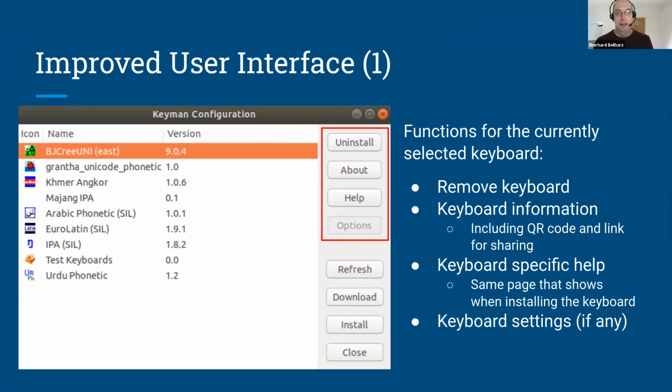Okay, so the improved user interface. How does it look? On the left side, we have the list of the installed keyboards. And on the right side, we have 2 sets of buttons. The upper 4 buttons have functionality for the currently selected keyboard. So uninstall, of course, removes the currently selected keyboard. About shows information about the keyboard. So it shows the version, the ID, description, where it is located on the disk, and also a QR code and